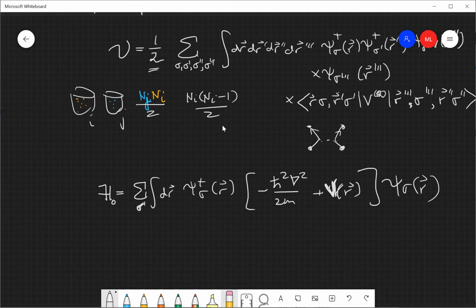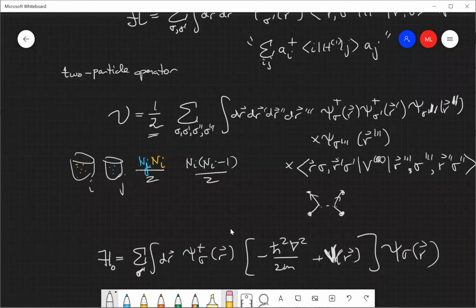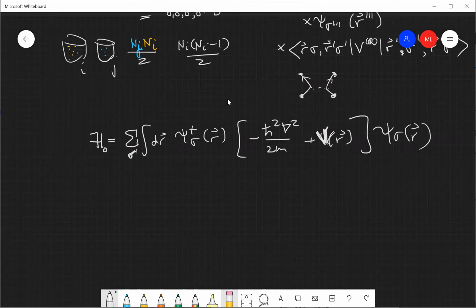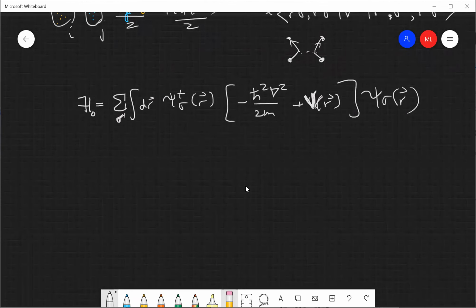So what I want to talk about now instead is the multi-particle states themselves. So these are the operators. Maybe we'll do a little bit more of this next time when we talk about QED or something for the last class. But for now, let's think about